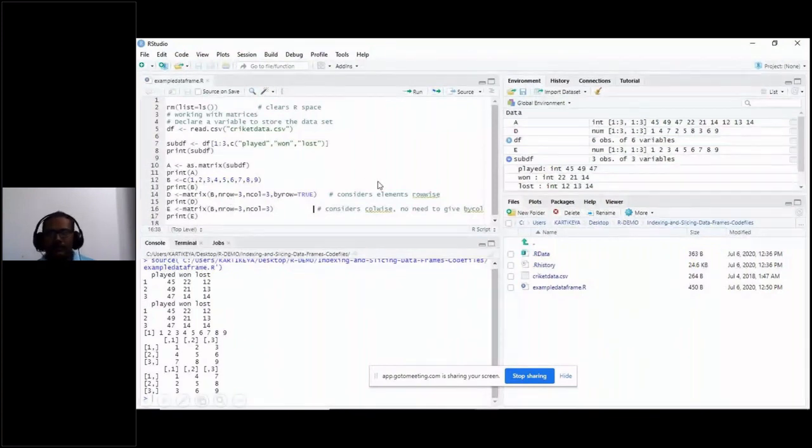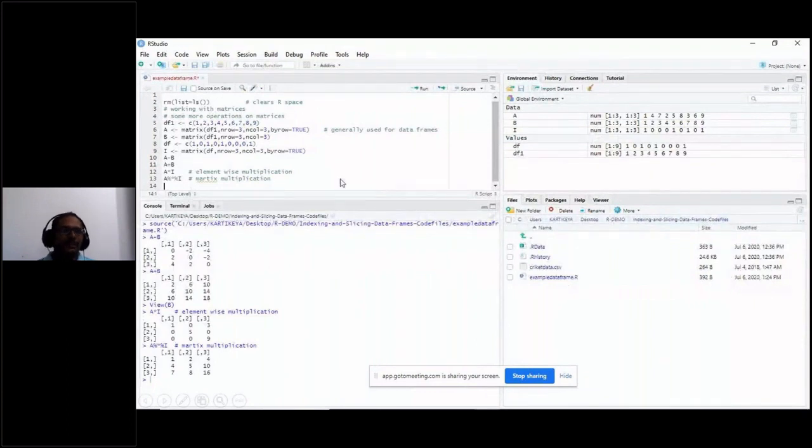Now we will move to another example, right? See, we can manipulate your matrices. I think most of you are familiar with MATLAB. In matrix laboratory, or MATLAB, it always considers data column wise. Here also, R considers the data column wise only. If you want to perform several operations on your matrix, you can easily perform those operations in R also.